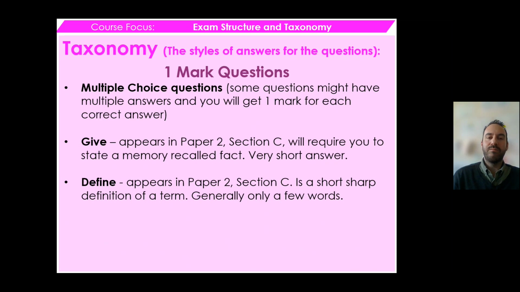Now, when you see a give or a define, these appear in paper 2, section C. A give will require you to state a memory recalled fact, so it's like a very short answer. A define appears in paper 2 in section C. It's a short, sharp definition of a term, which is generally only a few words. The one thing that I need to really emphasize here